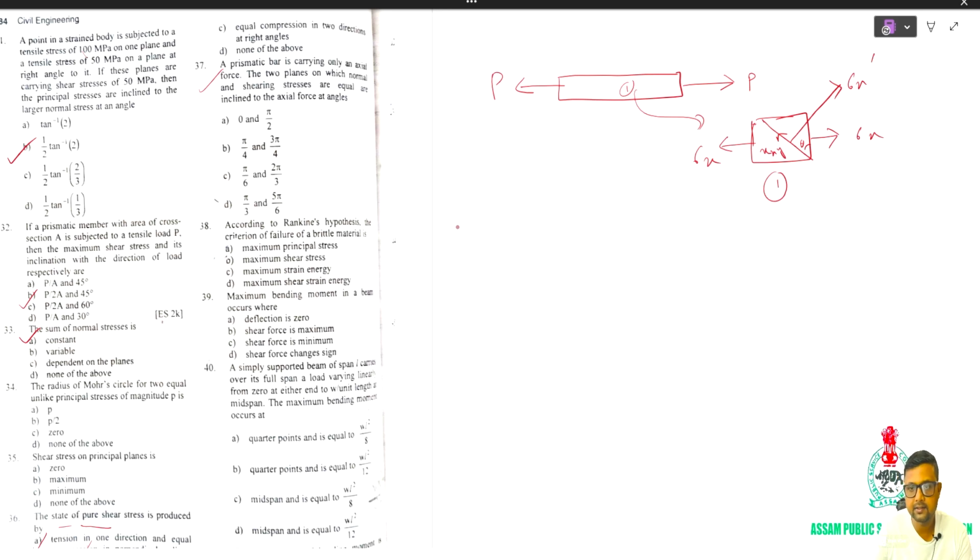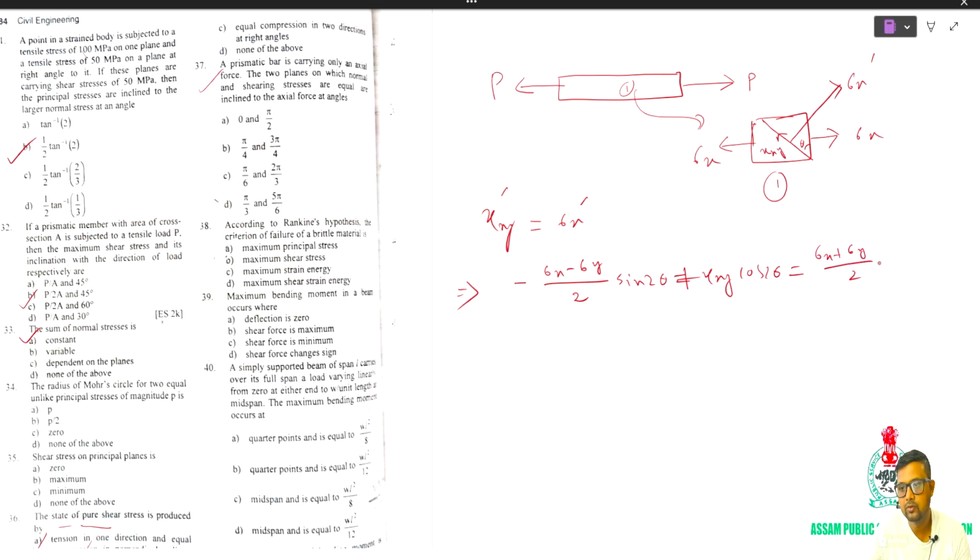Now what are they saying? This tau xy is equal to sigma x. What is the tau x formula? Minus sigma x minus sigma y by 2 sine twice theta plus tau xy cos twice theta is equal to sigma x plus sigma y by 2 plus sigma x minus sigma y by 2 cos twice theta